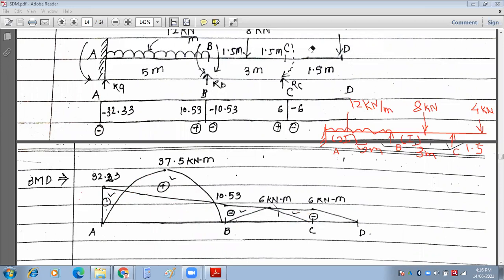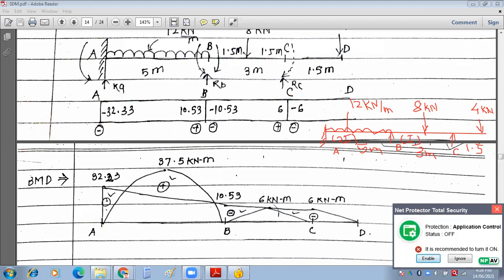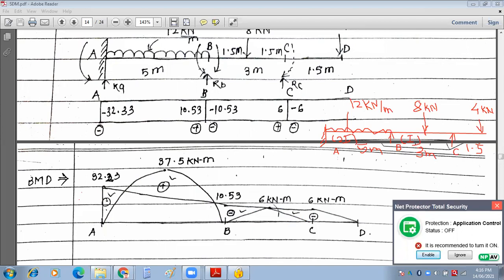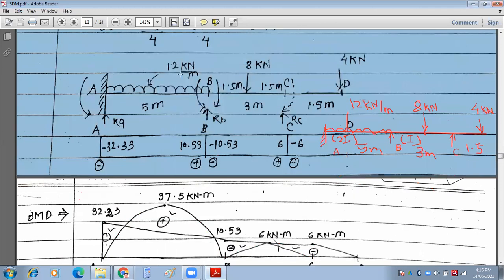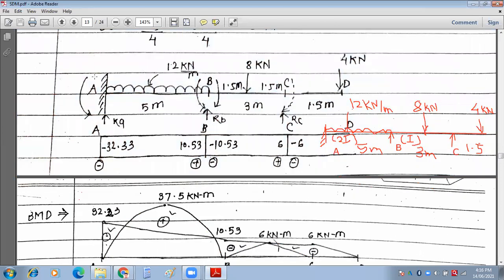Actual bending moment. Okay. Now, the next part that we have to work out is the shear force diagram. And for this case, we require the reaction RA, reaction RB, and reaction RC. And to find out these reactions, we have to consider the fixed moments that we have calculated. Now let us consider these fixed moments at this location A, B, and C, and work out the reactions RA, RB, and RC.